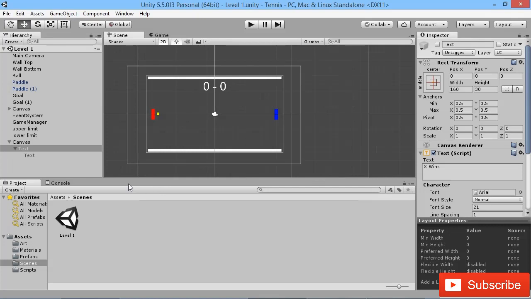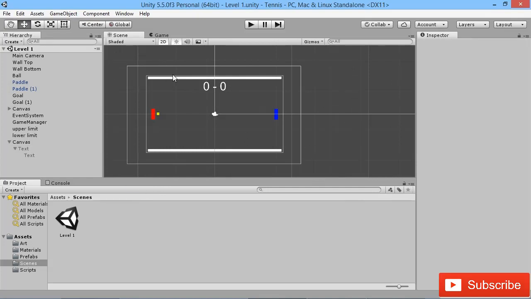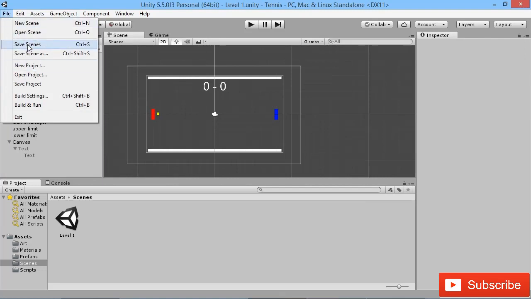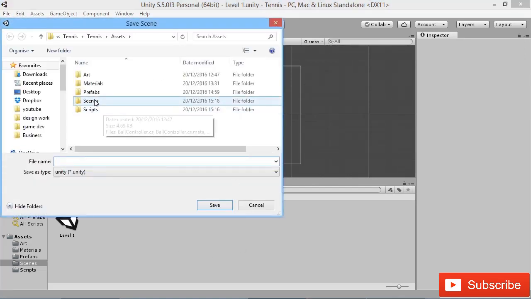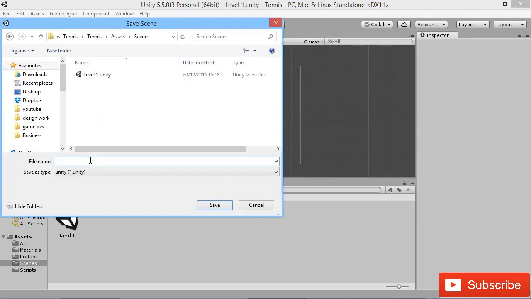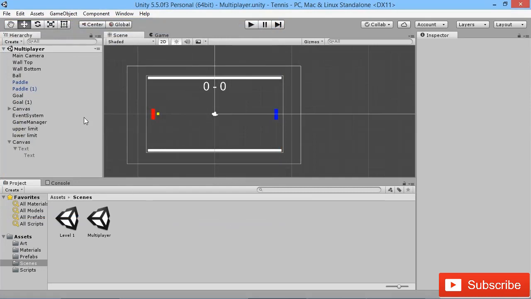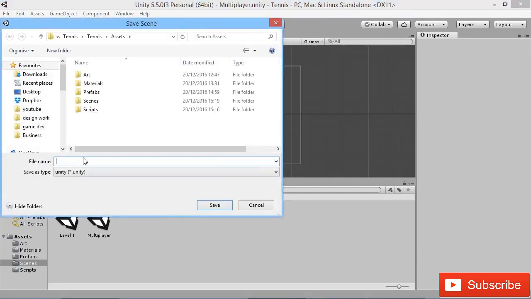So to do that, the first thing we're going to do is save our current scene as a new scene. We're going to go to save scenes and then save scene as, make sure we're in the scenes folder, and we're going to save this one as multiplayer. And then we're going to save it again. We're going to say save scene as, in our scenes folder, we're going to save it as